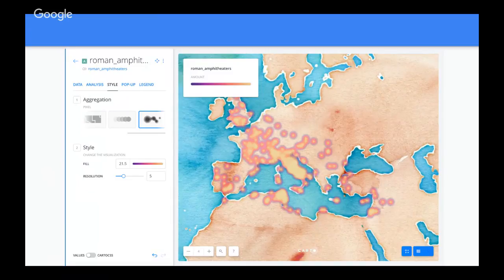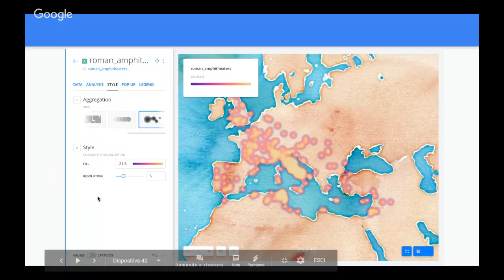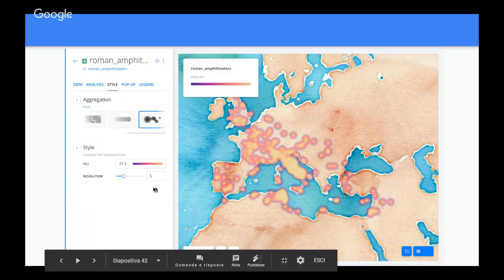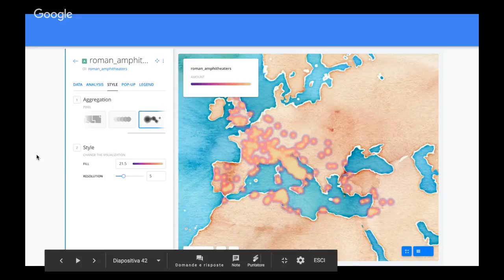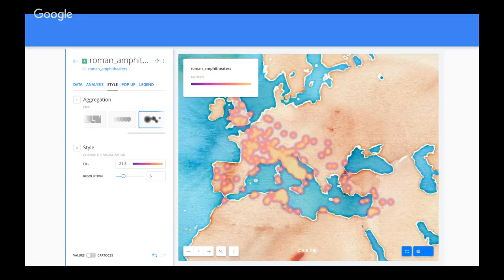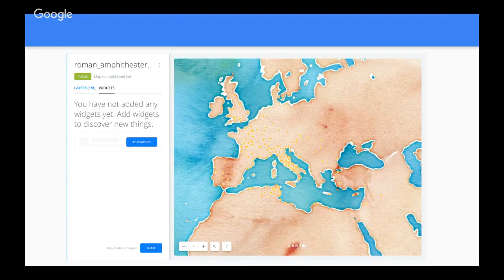Another cool thing that you can do is to create, with the same style window, a heat map, for example, where you will be able to change the filling colors, to categorize the filling colors, and to modify the resolution, again, according to what you precisely want to see. You can also be a little bit more creative and do an animated heat map, for example. But this doesn't really make any sense for the Roman amphitheaters. But if you have a narration where places are put in succession for a precise narrational reason, then you may be interested to see how the animation gives that kind of chronological idea.